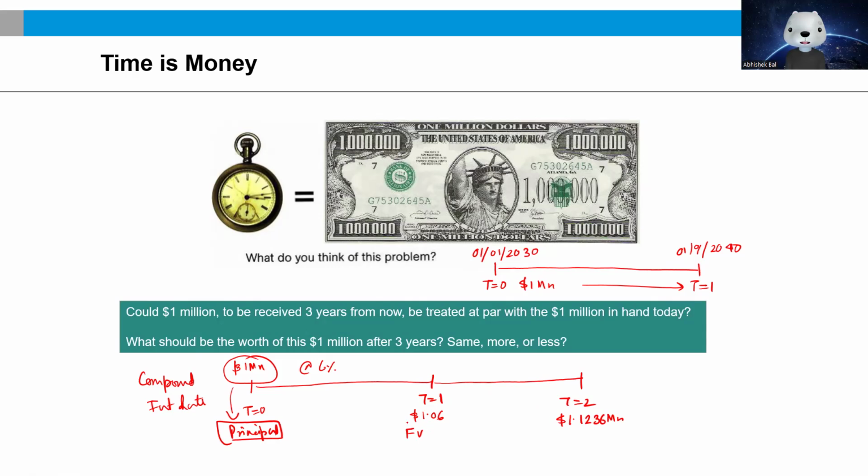But this future value of 1.06 million then serves as the new principal for one more year. And thus, 6% as an interest-earning instrument on 1.06 million principal will effectively yield you $1.1236 million at the end